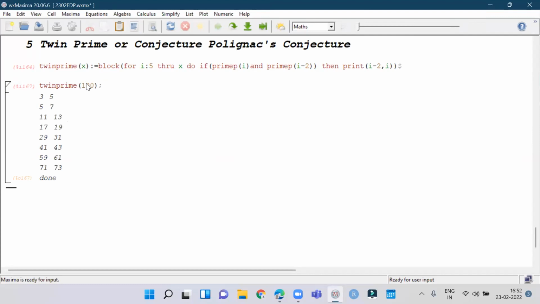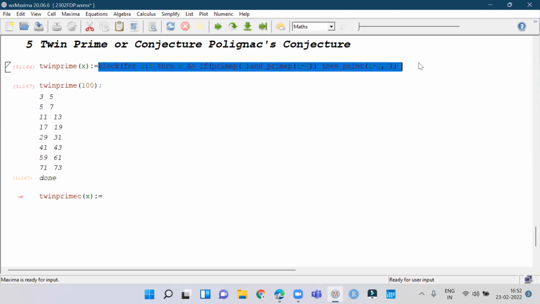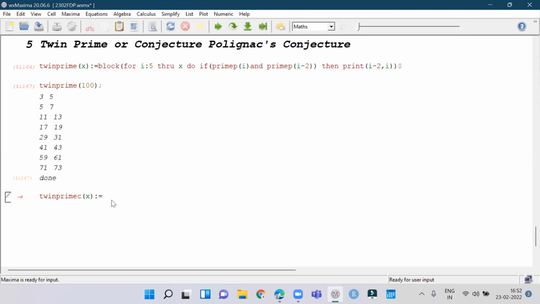Now, again, I'm not interested in these numbers, which are the primes. I'm more interested in the count. How many are there? So I will make another program, twin prime count of x. All right. And I will copy everything from here, Control C, and make changes here. What changes am I going to make? See, for I is equal to 5 through x,